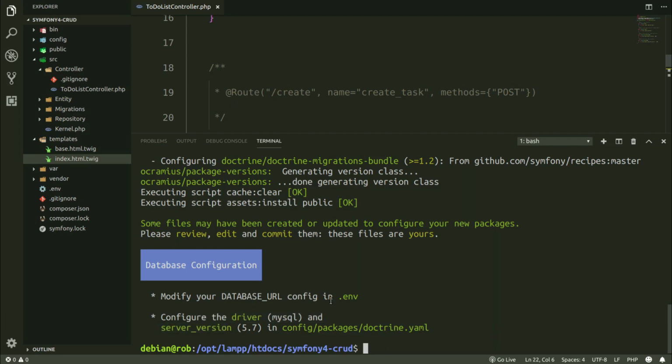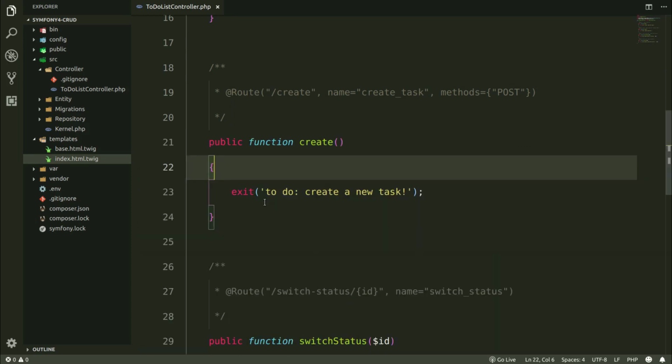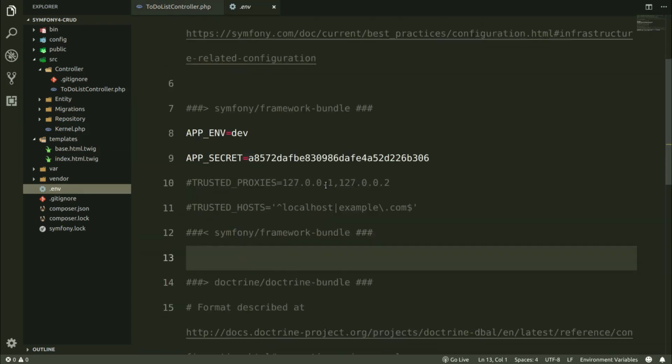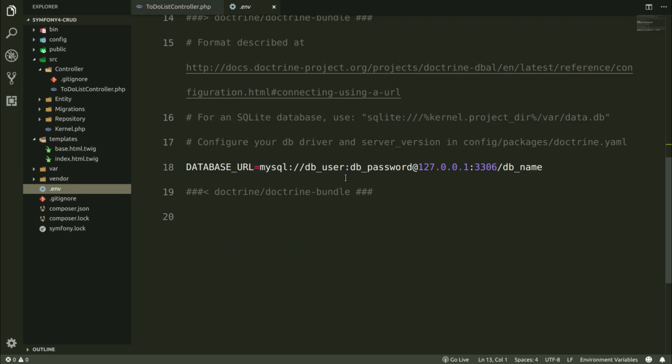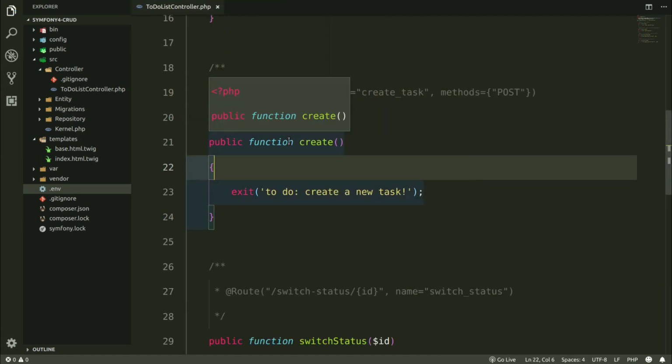I need to provide the database credentials in the .env file. So let's open this file. And in XAMPP, the default database user is root, and he has no password. And let's say, for example, I want the database to be called to-do list. Let's save it. And the command to create the database in Symfony,